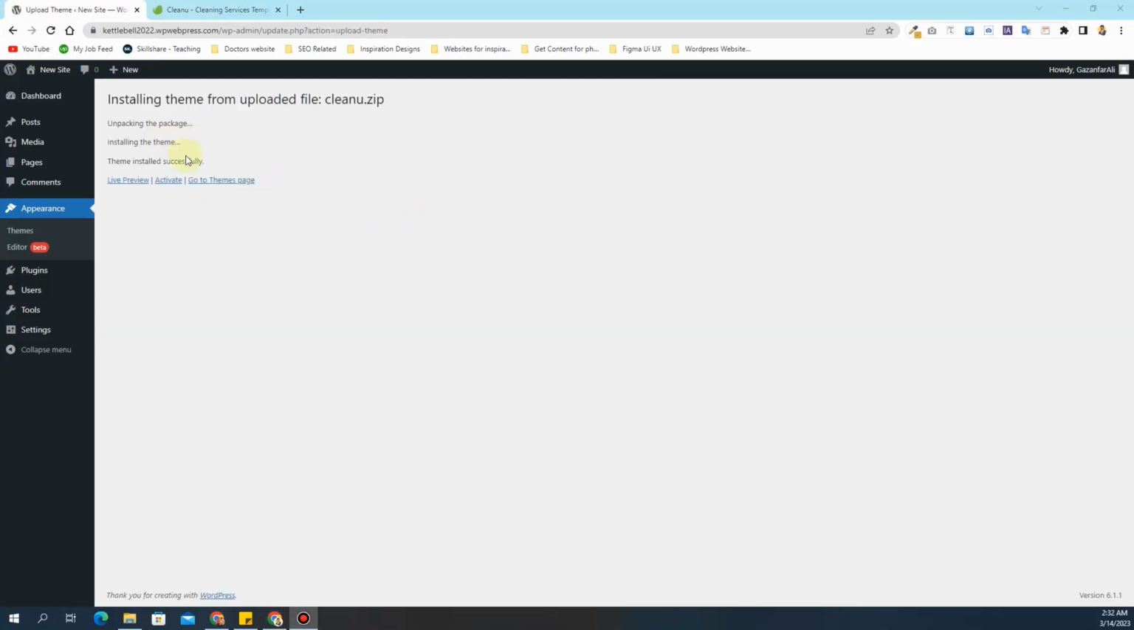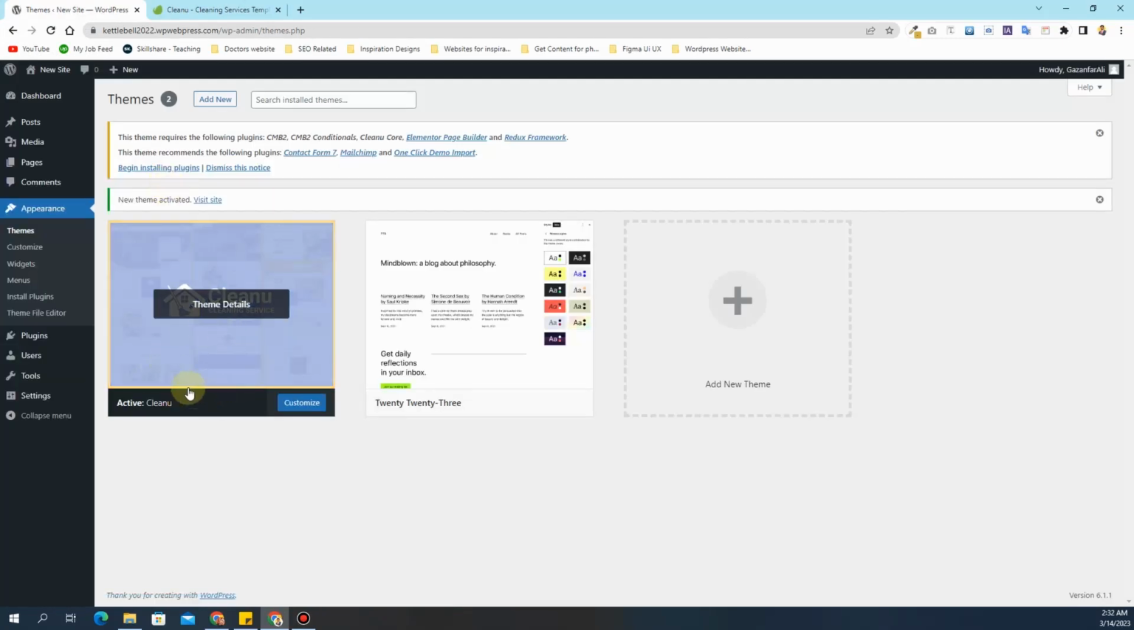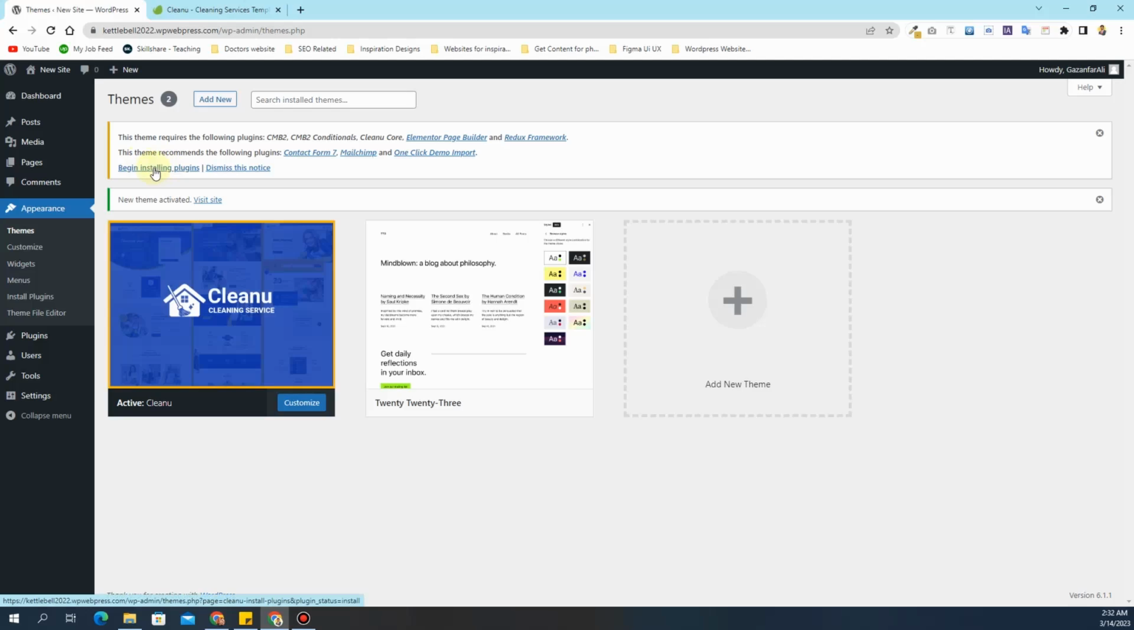Right here you can see we have now the option to activate this theme, so I'll simply click on this activate button right here, and now you can see that our theme is successfully installed in our WordPress website. Now the next thing that you want to do is to simply click on this option that says begin installing